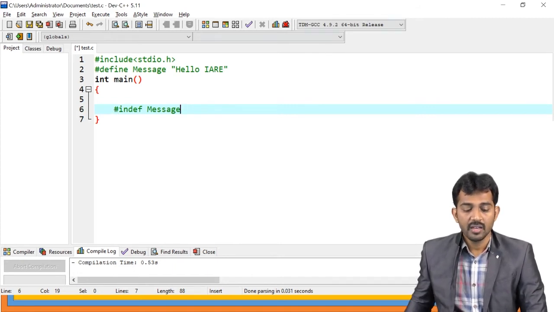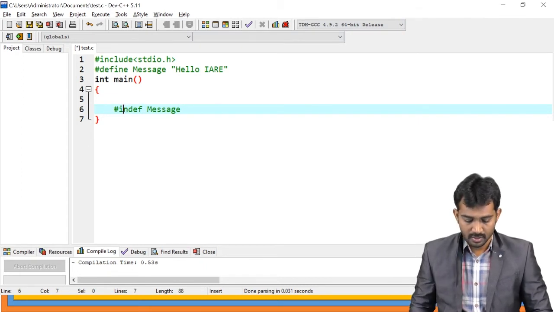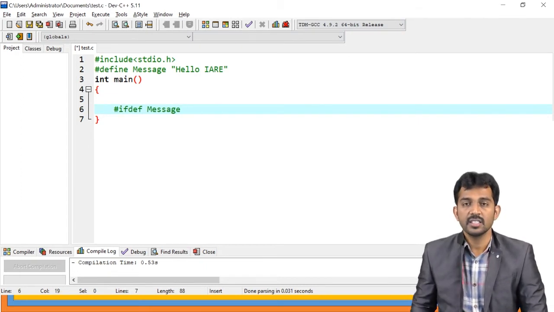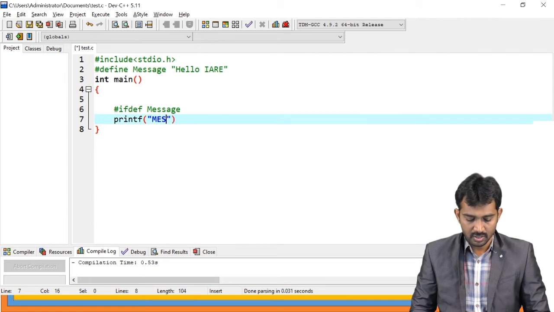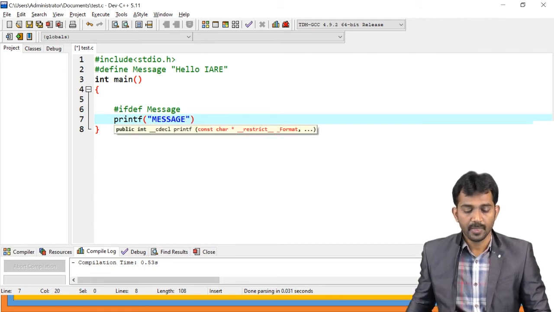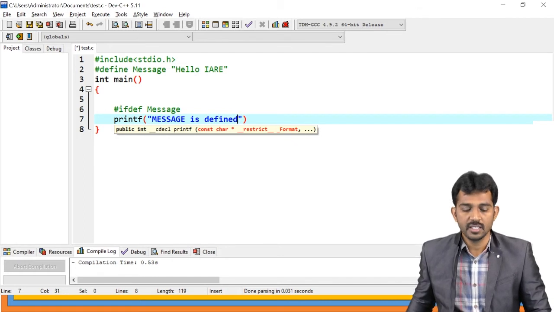If the message is defined, see, if the condition is true, printf message is defined, right? Message is defined.